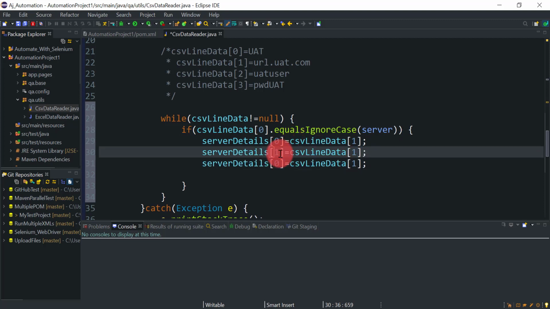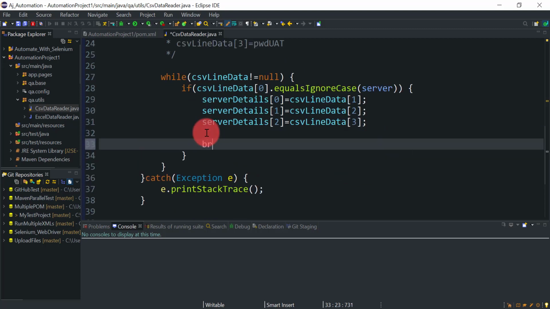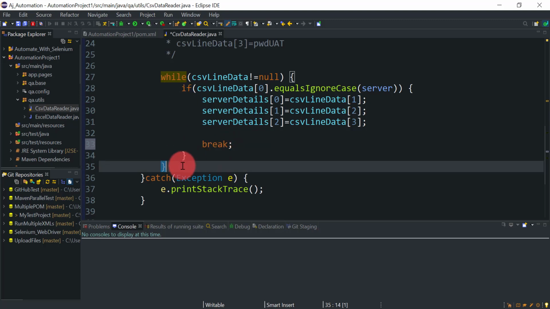At the first index I will store the username, which is available at the second index, and at the second index of the serverDetails array I will store the password, which is available at the third index of this array. Now we got all the details, so we can break the loop here. Once we get the values, we don't want this loop to continue, so we need to break that loop. I have added this break statement here, so that will come out of this while loop.